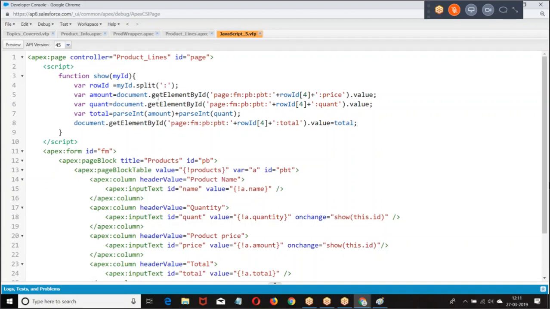What I'm doing is, first identify the row number, then read that row's price, that row's quantity, then calculate the total and set the value of total. Are you getting my point? If you know the row number, that row's quantity and price, calculate the total and print it. Now here I give this.